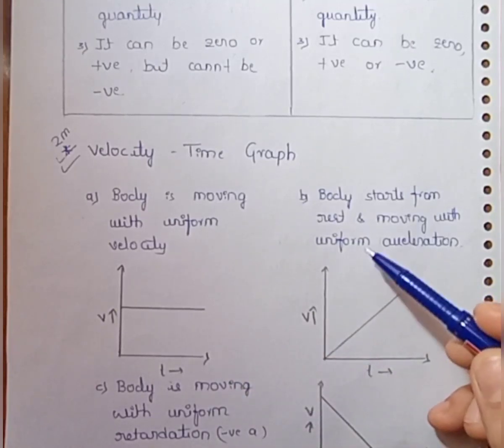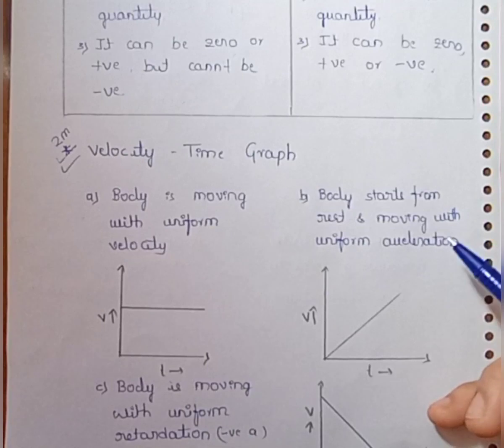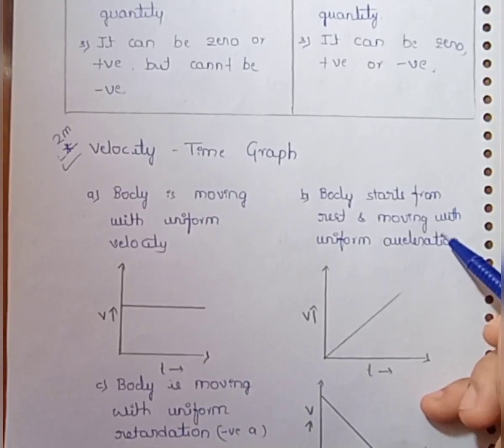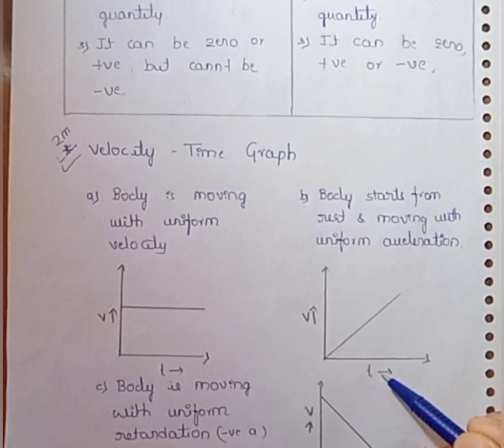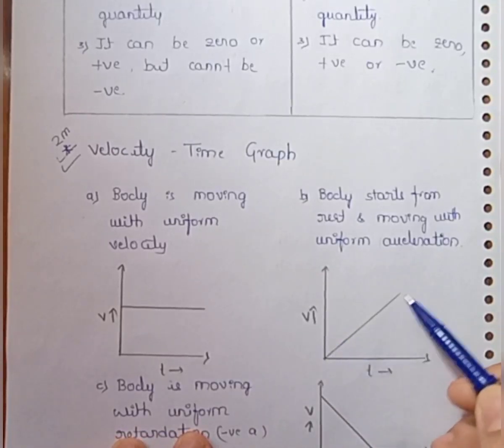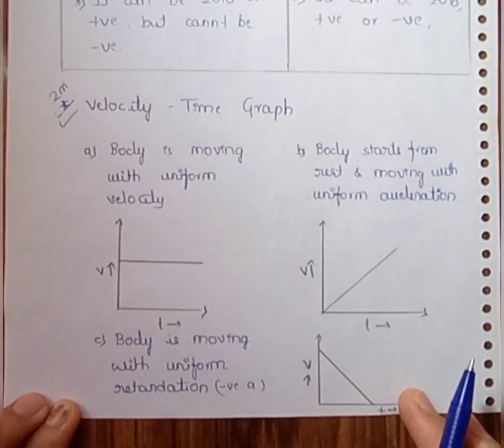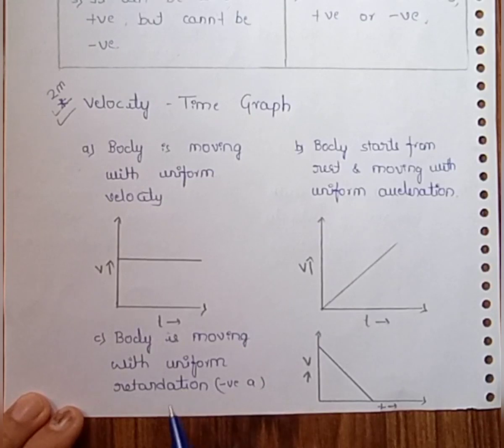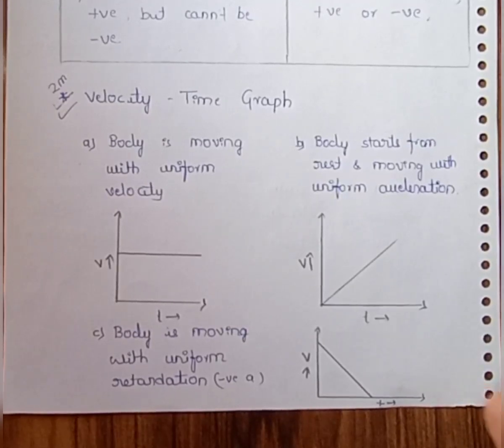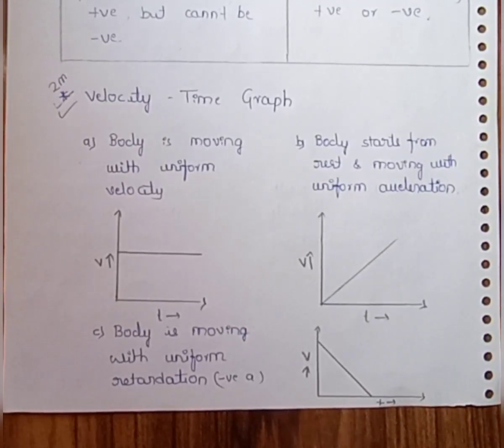In the second case, the body starts from rest and moves with uniform acceleration. Here what happens? As time increases, velocity also increases. This one is the second case. In the third case, the body is moving with uniform retardation. Uniform retardation means negative acceleration. Here what happens? As time increases, velocity goes on decreasing, and it intersects at one particular point on the x-axis. These are the main three cases while drawing a velocity time graph,